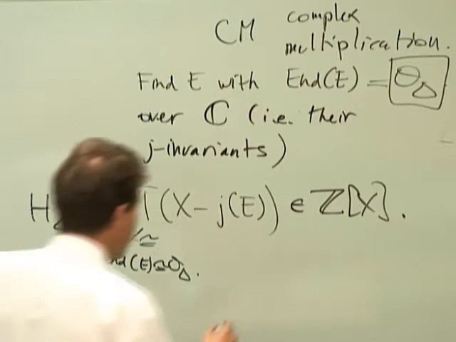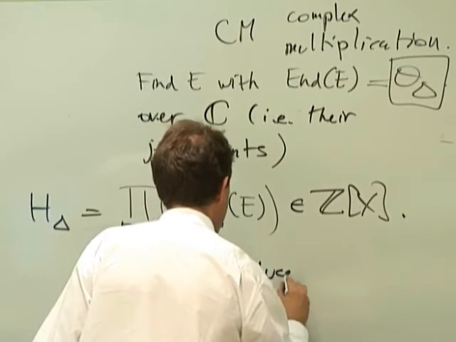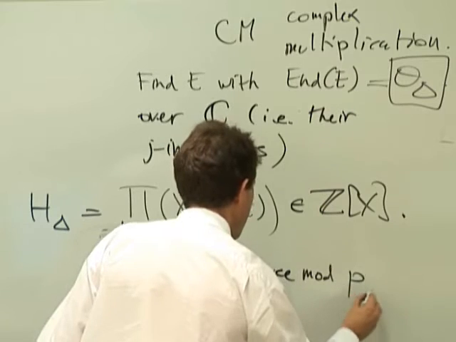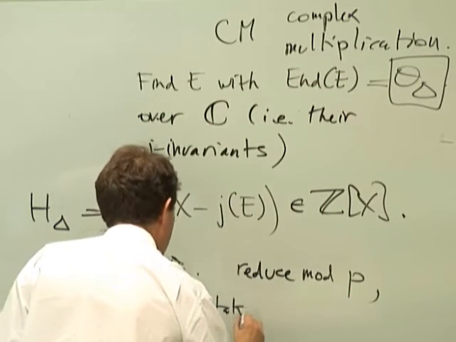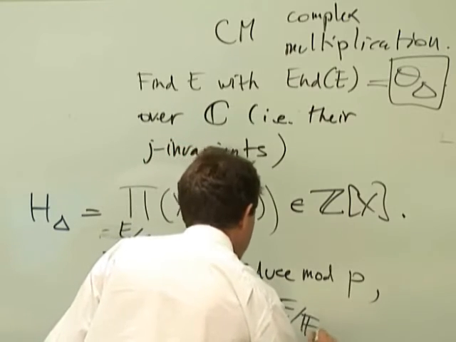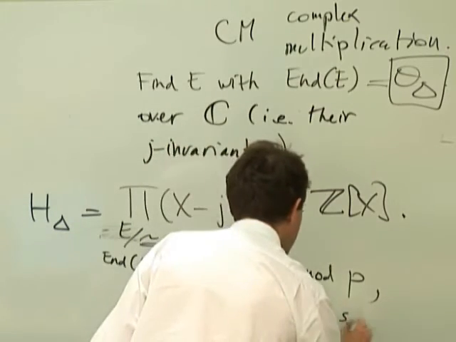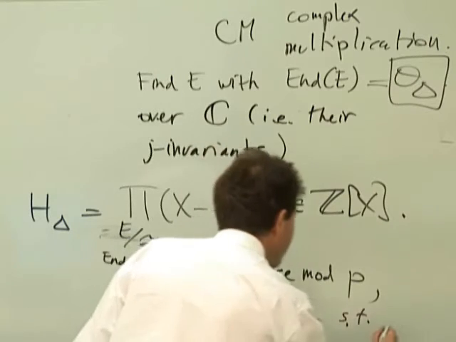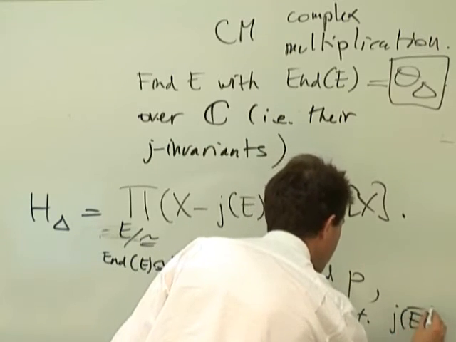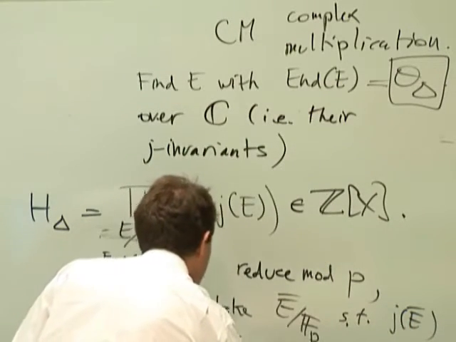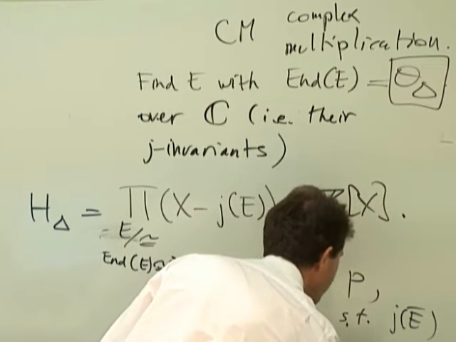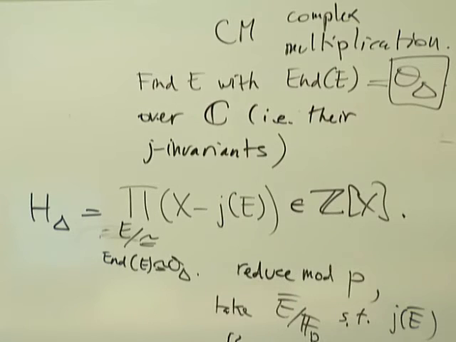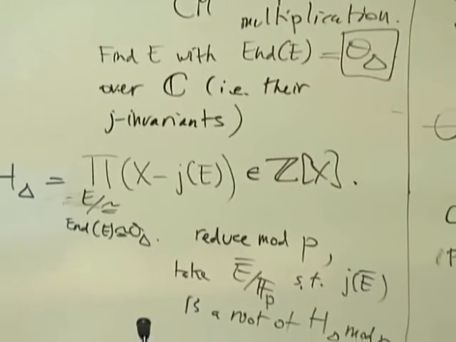So reduce mod p, and take E over Fp, maybe E bar if you want, such that its J invariant is a root of this polynomial H delta mod p. It will always be in the prime field Fp, and you've got your elliptic curve. It's a very nice deterministic algorithm,